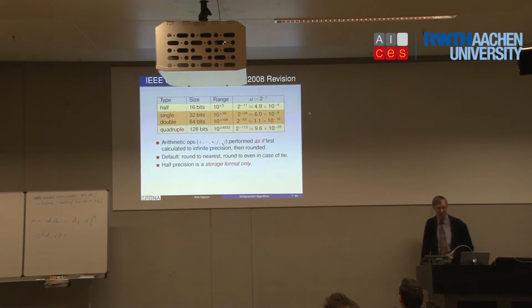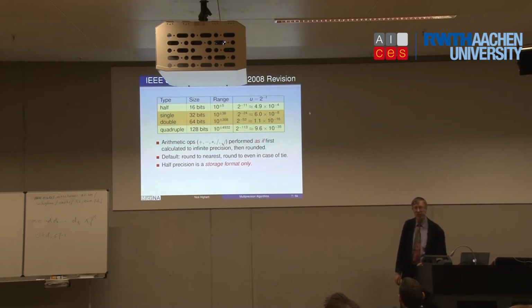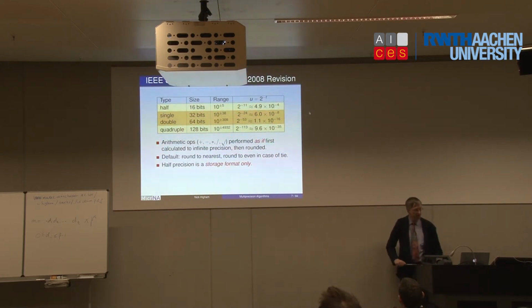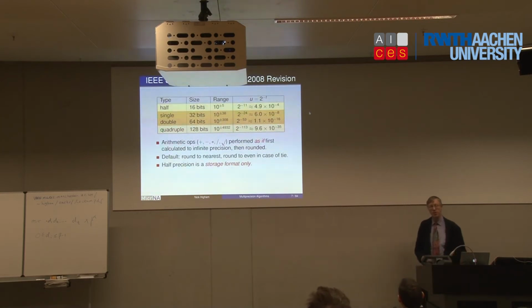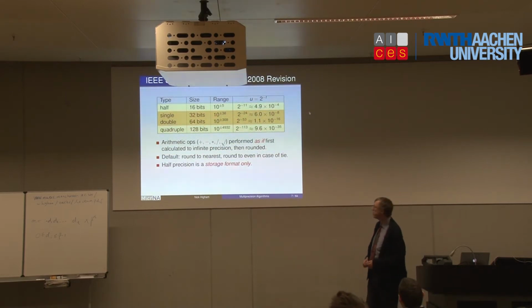So the IEEE standard came out in 1985. It was the result of many years of work by a committee, of which probably the best known member is Velvel Kahan at the University of California, Berkeley. It was pretty controversial because, as always with a committee producing a standard, the manufacturers only wanted to have in the standard the things that their hardware supported, and so there was a lot of to-ing and fro-ing in order to get agreement.